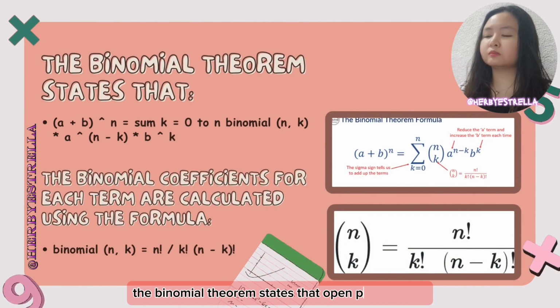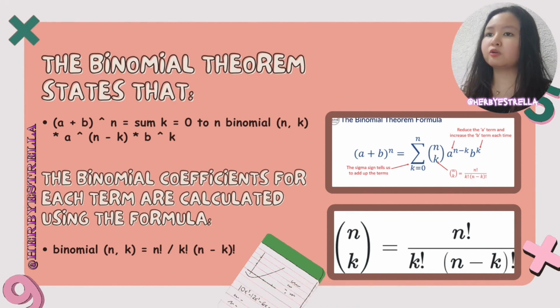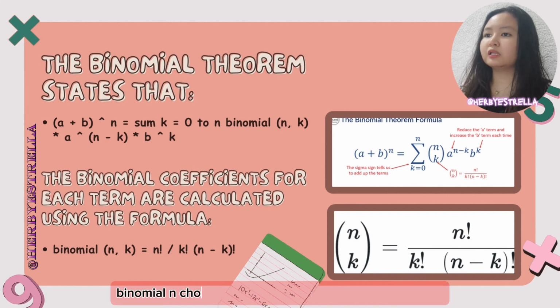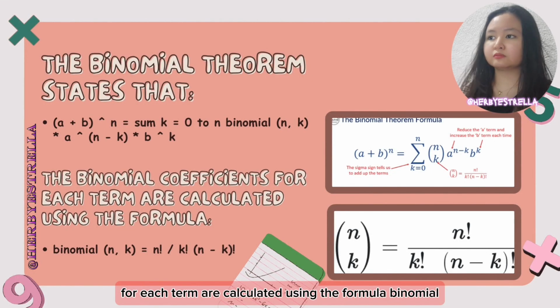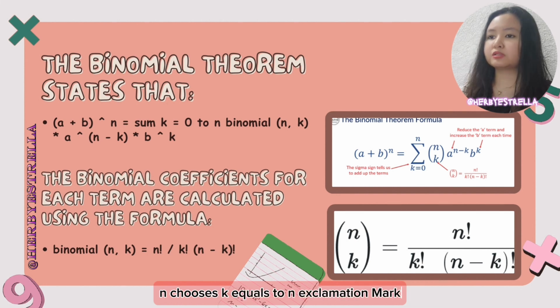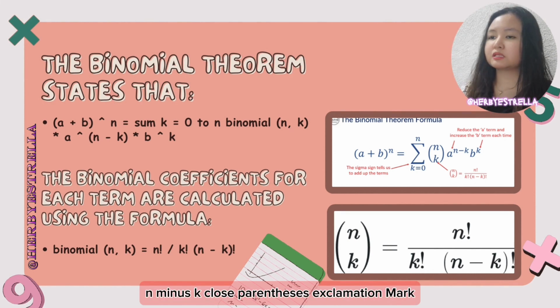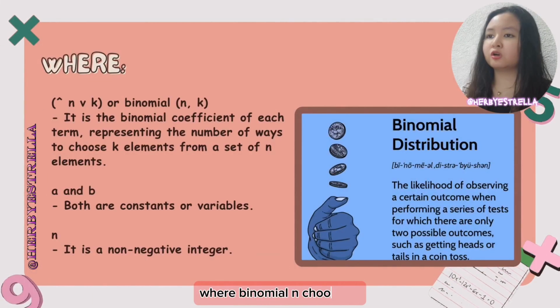The binomial theorem states that (a + b)^n equals the sum from k equals 0 to n of C(n, k) times a^(n-k) times b^k. The binomial coefficient for each term is calculated using the formula C(n, k) equals n! divided by k!(n-k)!, where